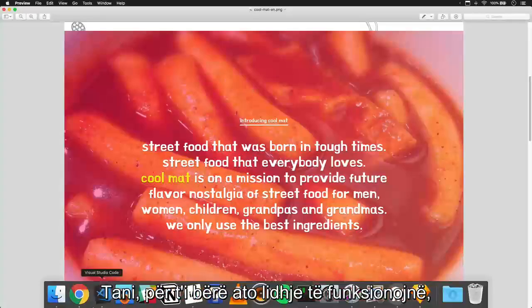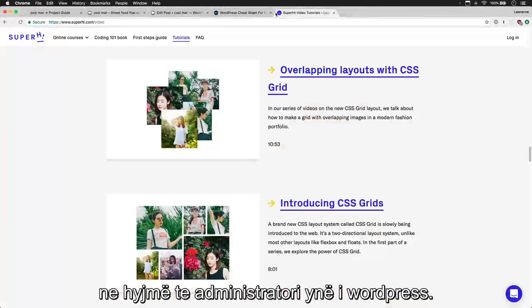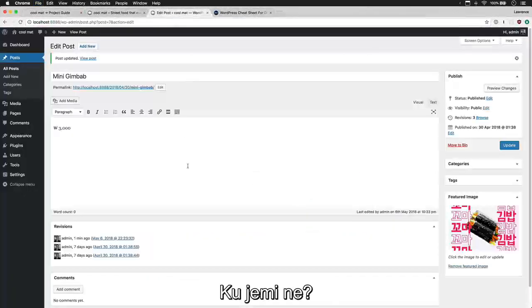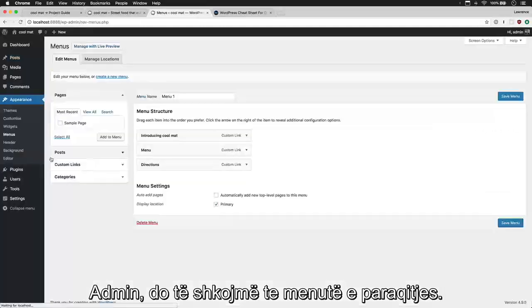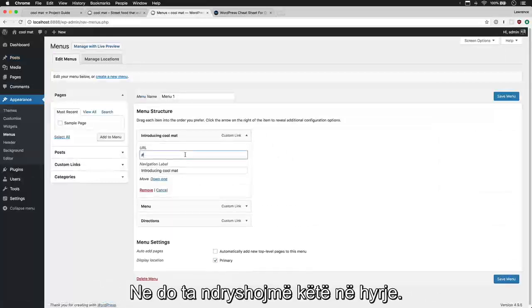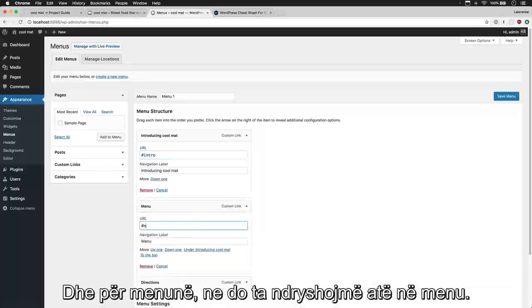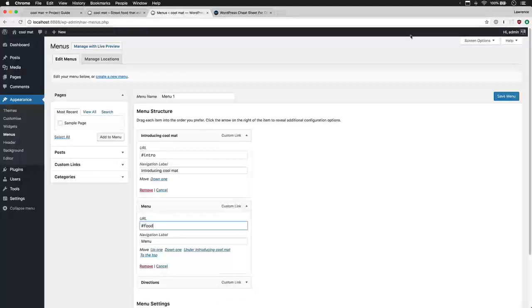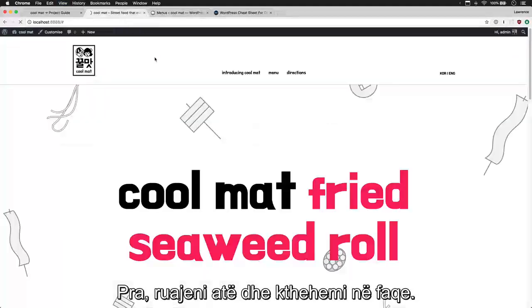Now, to actually make those links work, we go into our WordPress admin. Where are we? Admin. We're going to go to Appearance, Menus. So going back to where we were earlier, and we're going to change this to Intro. Then for Menu, we're going to change that to Menu. Or Food, sorry. So save that, and if we go back to the page,